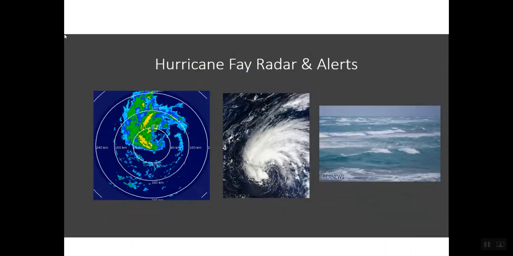So Hurricane Fay on the left, this is the actual radar image out of the Weather Service in Bermuda. There is a little bit of an eye that had developed as the storm began to strengthen and push as a Category 1, just over Category 1 status here to the northeast side of the island, as it really swiped the west side. So the issue with that was that there was additional rainfall